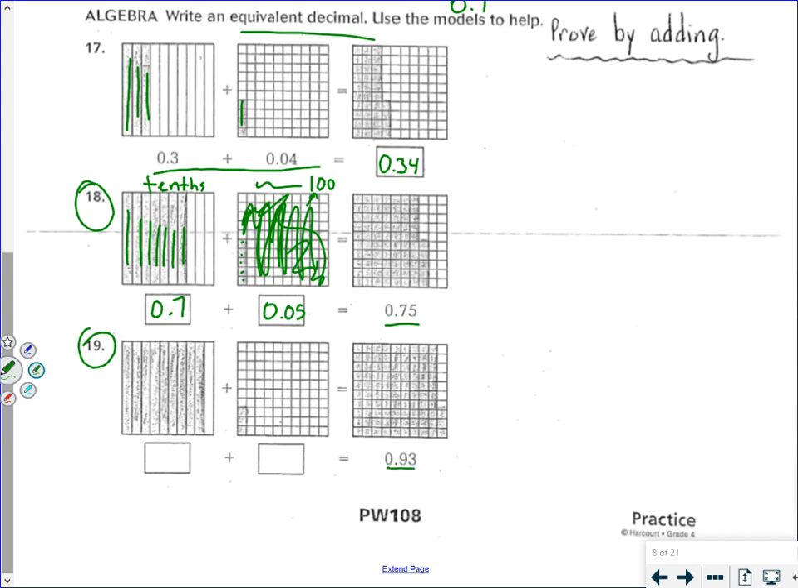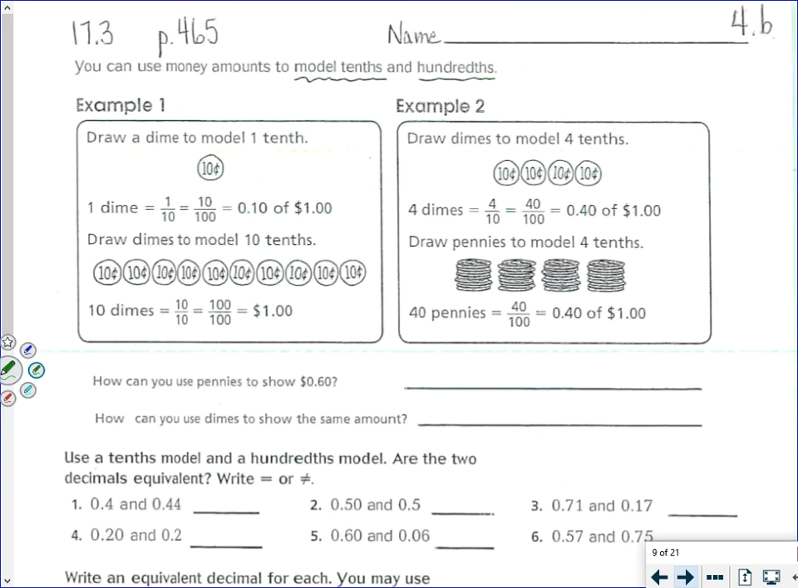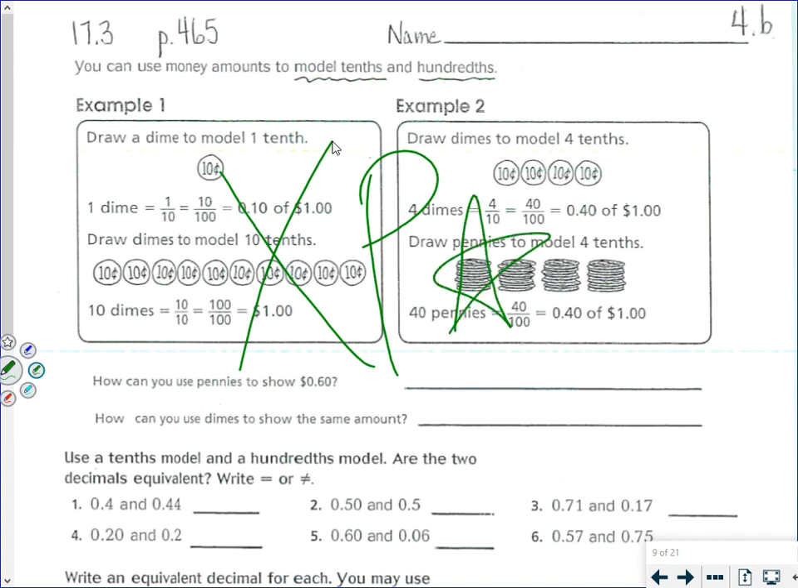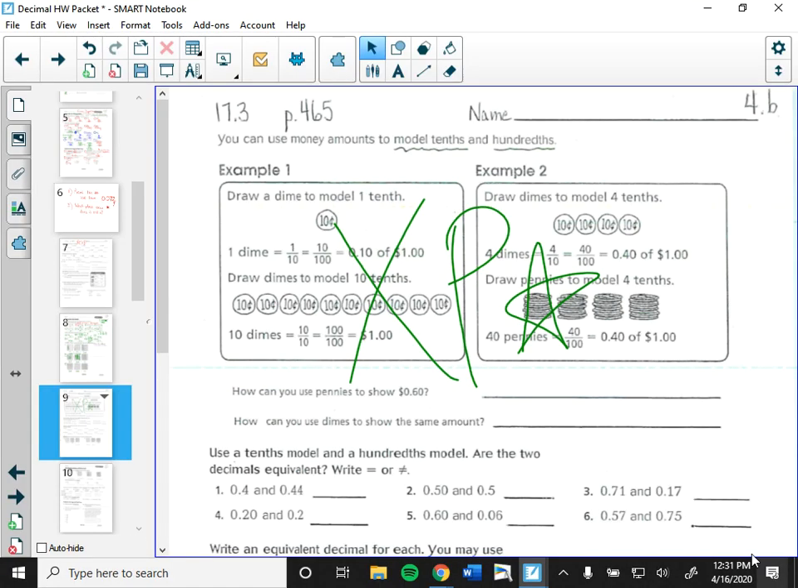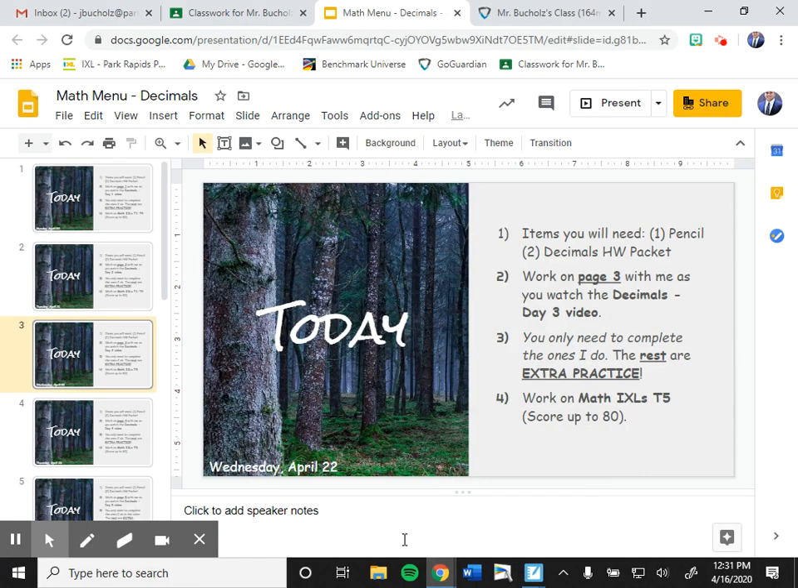9.3. Okay. So we have 0.9. 0.03. Okay. This backside is going to be extra practice. The entire thing. Remember, if you have questions, please let me know. Otherwise, make sure to do IXL T5 today. Sorry, T5. And then otherwise,